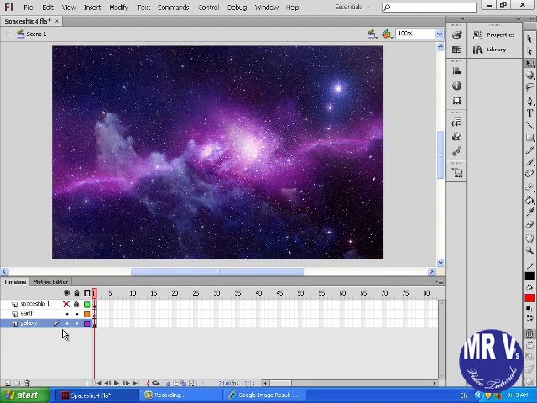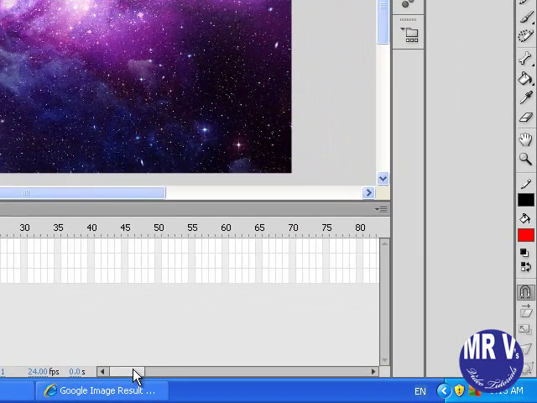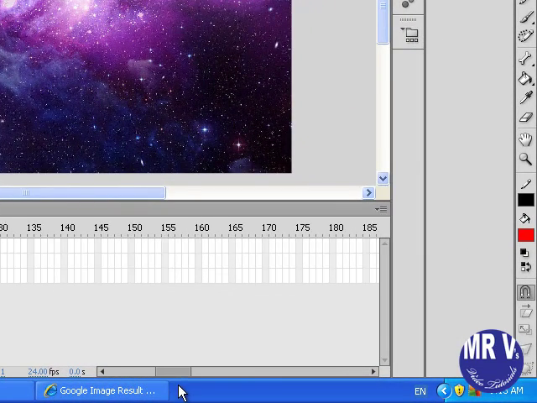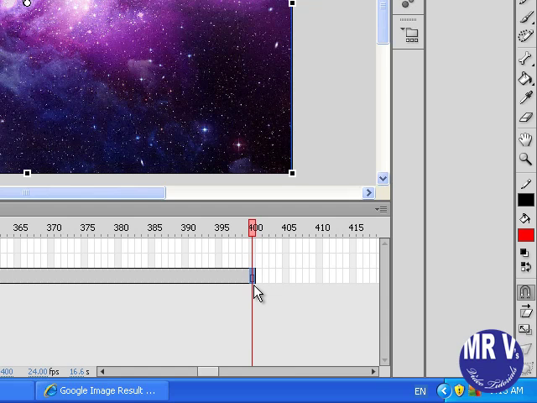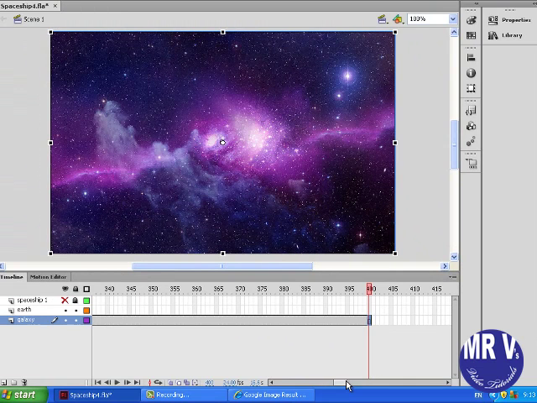Now, if I want this to last for a long time, and my original movie was about 400 frames, all you do is go to the 400th frame on the galaxy layer and press F5. And now the movie will last for 400 frames. Now on the Earth layer,